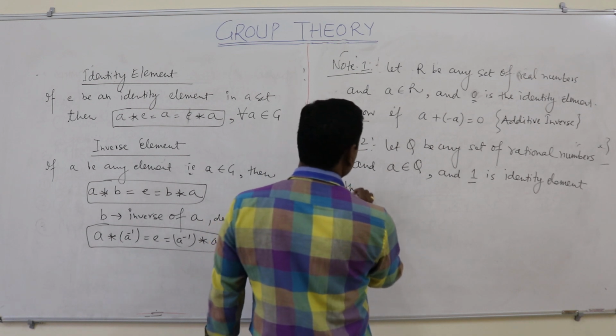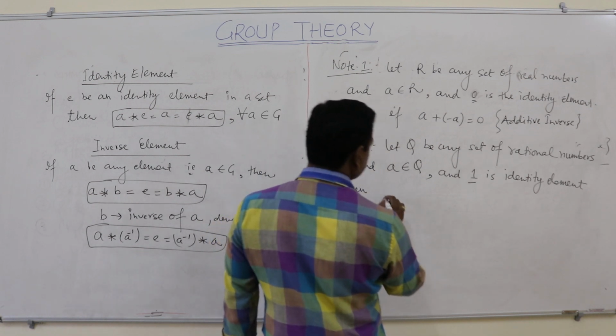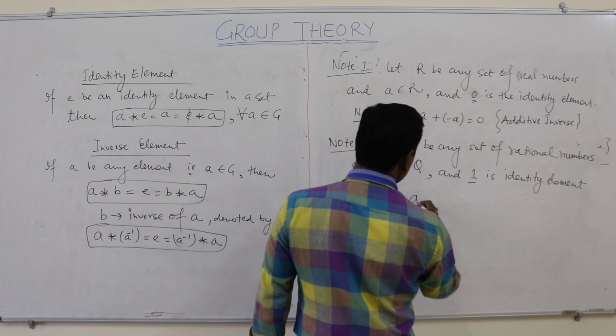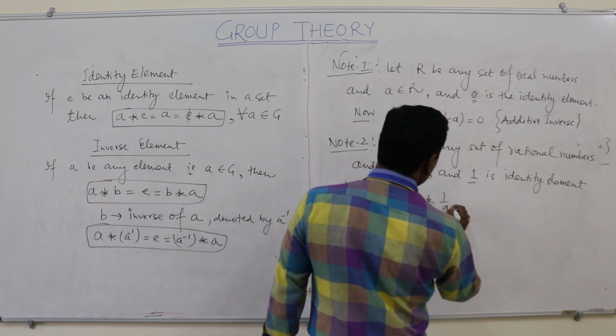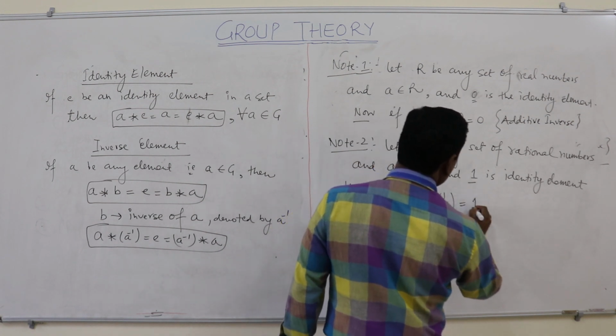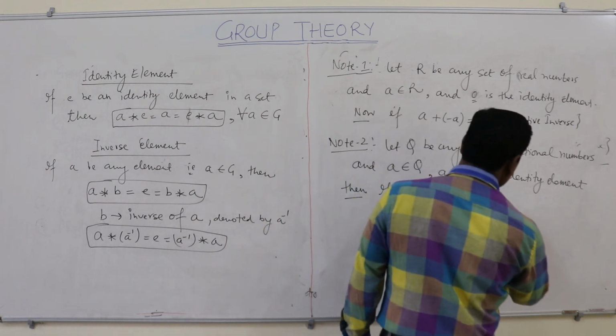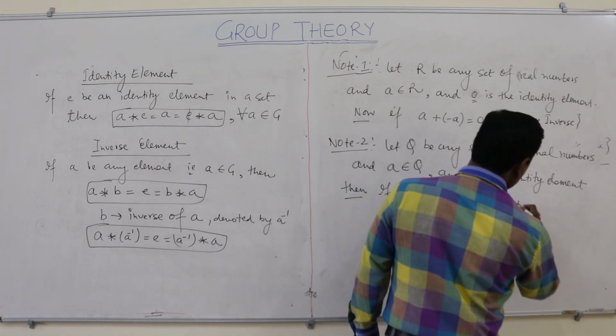Then a multiply 1 upon a equals 1, this is known as multiplicative